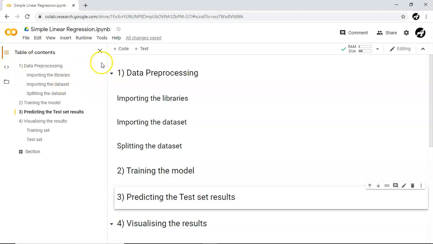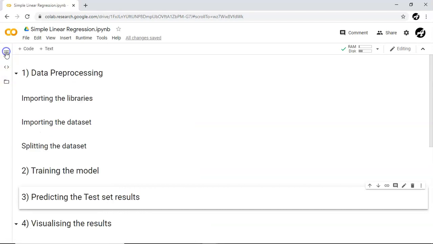Next thing is that the whole simple linear regression part I have divided into 4 different chunks. In the first video, we will see data importing, data pre-processing, and splitting of your data into a training dataset and a testing dataset. In the next video, we will see how we can train the model with the help of the scikit-learn linear regression module. Once the model is trained, in the next video, we will see how we can predict the result from the test dataset. And at the end, we are just trying to visualize this result.